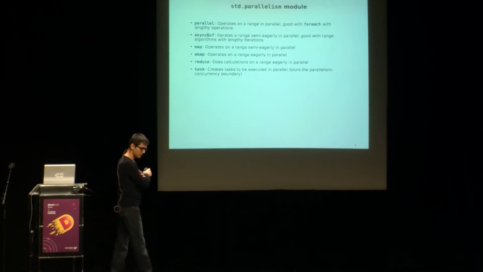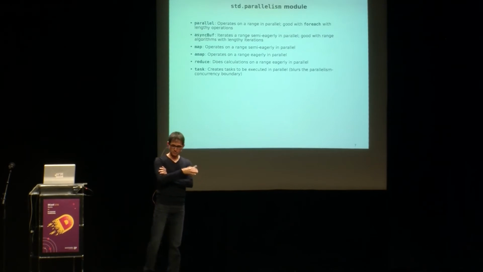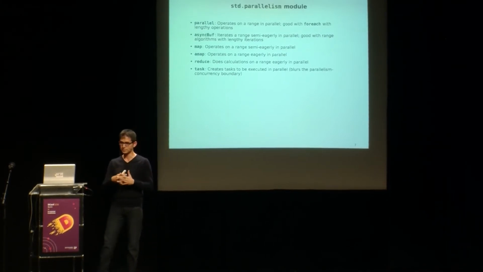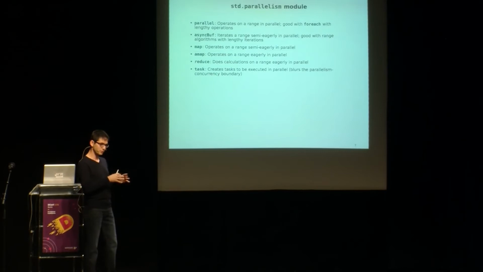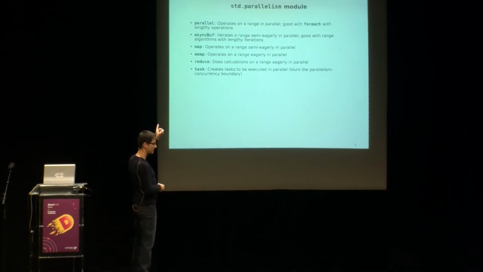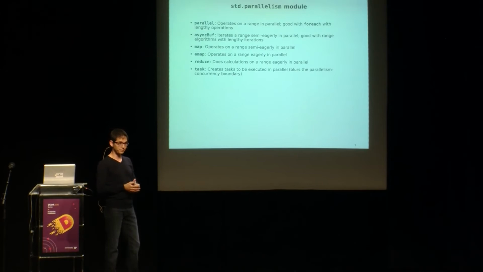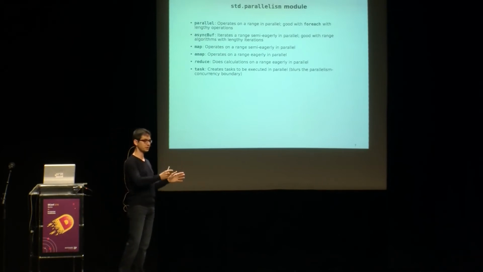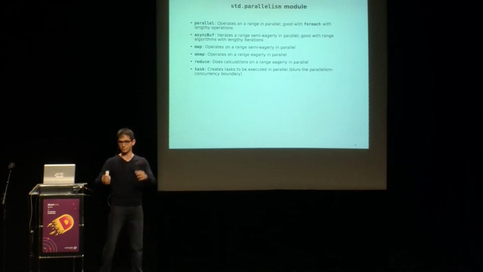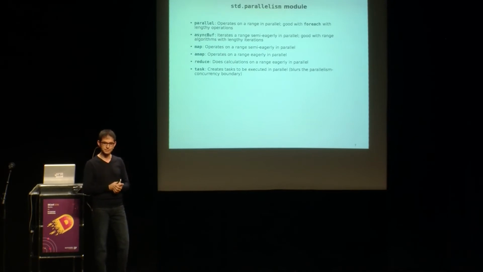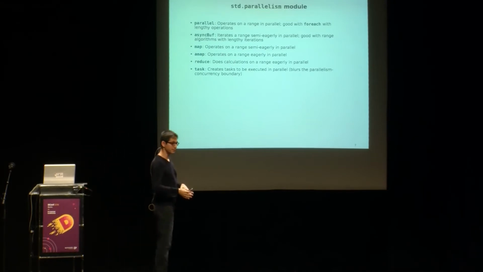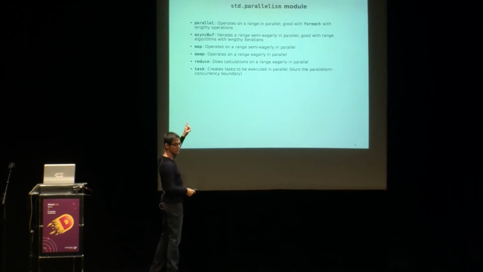Now, as I said, parallelism and multitasking are confused a little, and we have this confusion in our Phobos library. Standard parallelism has a task function which returns a task object, where you can do multitasking yourself. You can assign function pointers to one task and another one, and run them in parallel. Even though you're doing multitasking, you get the help from standard parallelism.